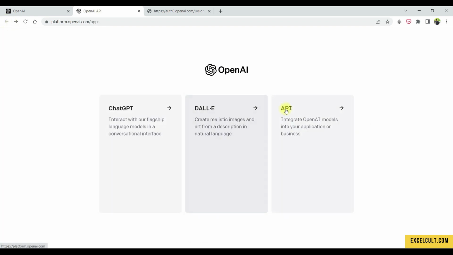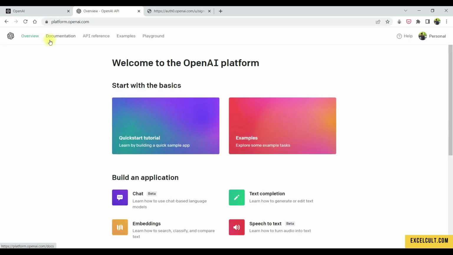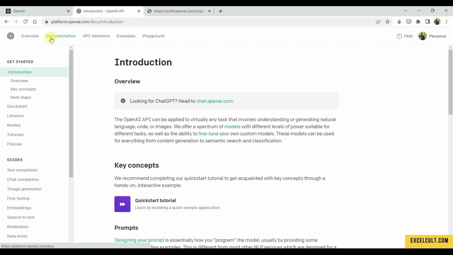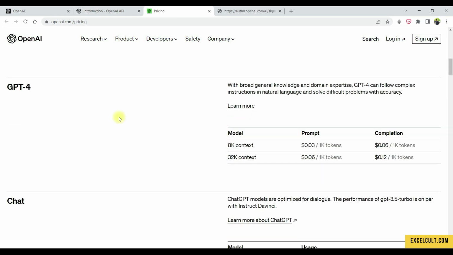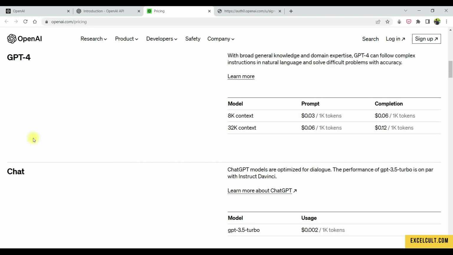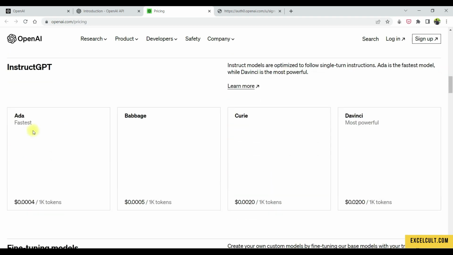And if I don't want to go over there, I can directly go to the API section of it. Here, make sure you familiarize yourself with OpenAI's API documentation by going right here, so that you understand what the endpoints are and how the request should be. Also, if you're new to this, you can navigate to this particular account and look at the pricing of it. Here, you can get yourself familiar with the different language models available in OpenAI like this, and how much